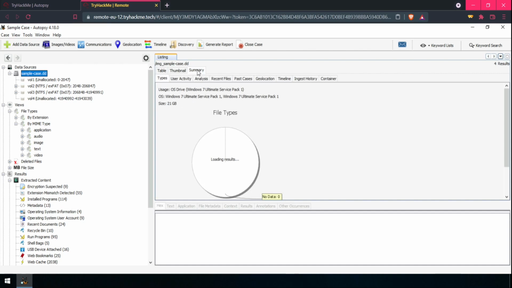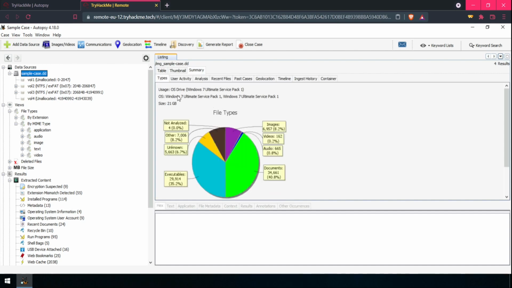In the summary section, we see the usage given: it was the OS drive, Windows 7 Ultimate Service Pack 1. The size was 21 GB. The file types are also analyzed in a pie chart. It is a very powerful tool. It has analyzed and made the work for us very easy.